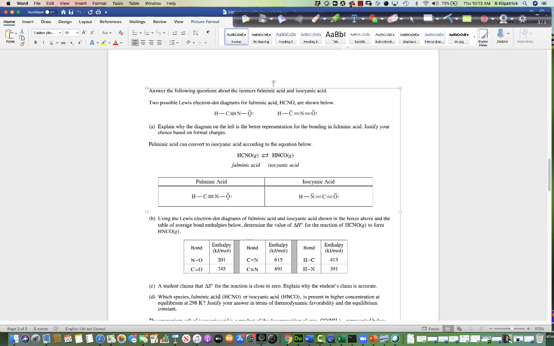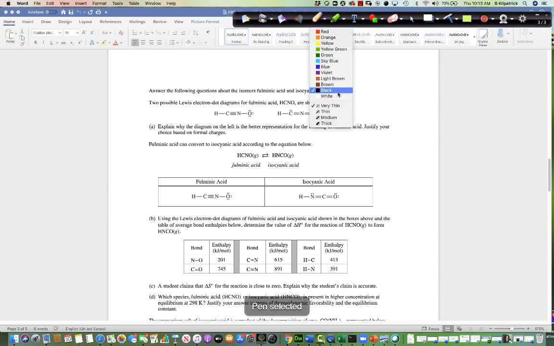All right, I'm going to go over the second FRQ here. The first part of the question gives you two Lewis structures, and it's asking you to explain why the diagram on the left, this one, is a better representation for the bonding and the acid, and then justify your choice based on formal charges. So already it's telling you you need to assign the formal charge. So when we're looking at this molecule right here,